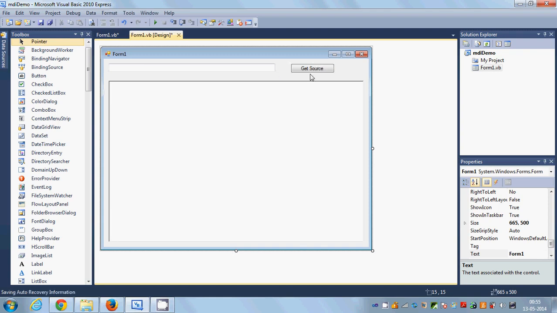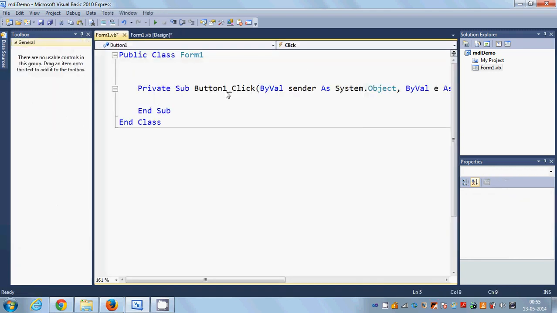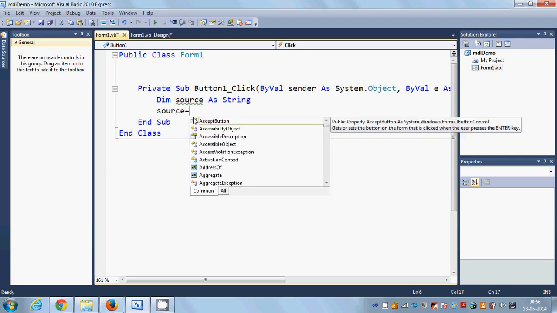Okay. And now I will double click this button and I will reach the button click event of this button, and in here, first of all, I will declare a string variable. So I will say dim, not here but above, yeah, dim source as string, and then I will take this source variable here and I will write is equal to new